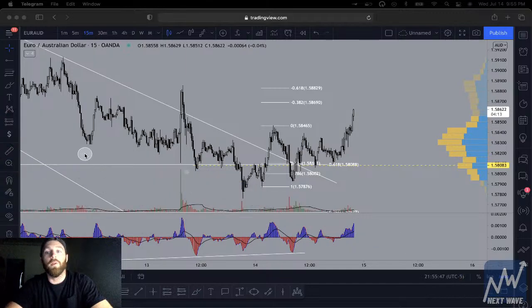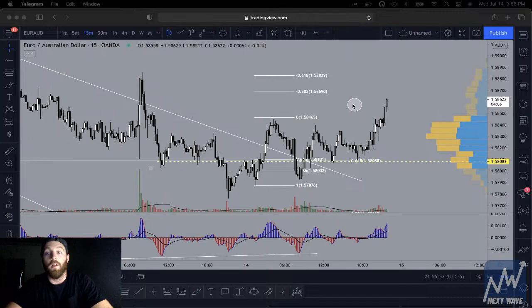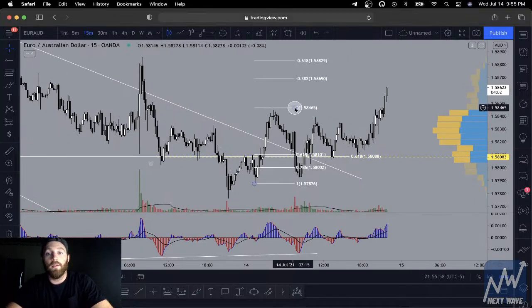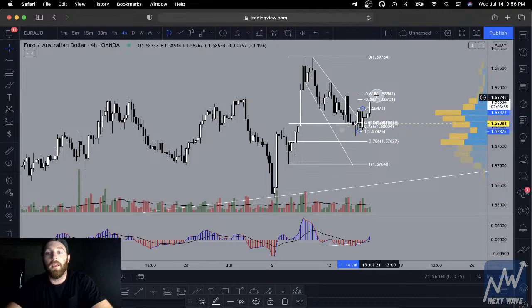Dang, EA is going in. Good stuff. So yeah, we called this buy. I called it on the next wave last night with this move. What I was saying overall, so let me just reanalyze it. I'll just delete this because